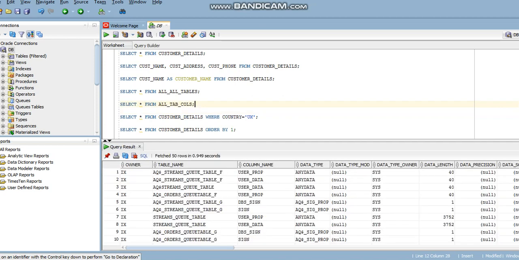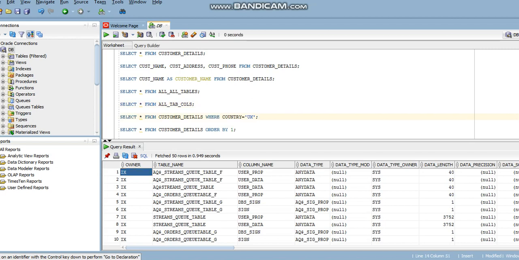So as I have said, it is able to extract the data like table name and respective column name, their data type, data length, and some other respective information. In general, we need these three to four pieces of information like table name, column name, data type, data length, data type owner, and the table owner. These are generally useful in our day to day work.